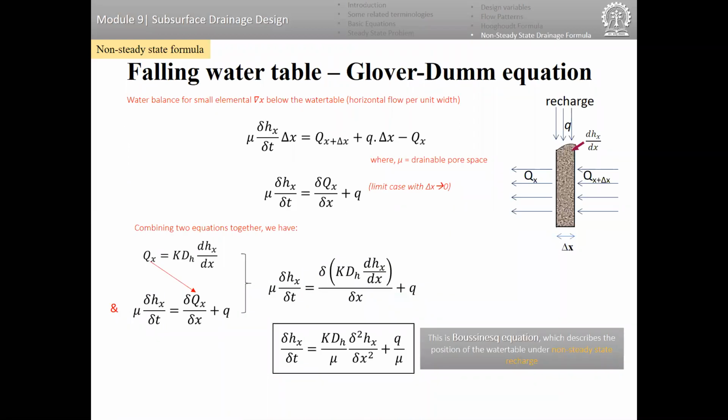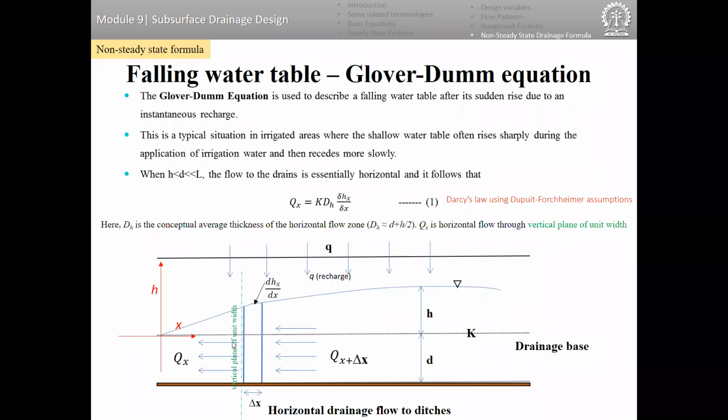Now similar to that, we can also write another equation. We have seen this equation, so horizontal flow can be written by this. Another way to write this: if we go to the previous figure, let's say this portion is x2 and this is x1. We are measuring x from this one, so here x is equal to 0, and here x is equal to L by 2. And x2 minus x1 is your delta x, and from this point to this point there is a change in head.